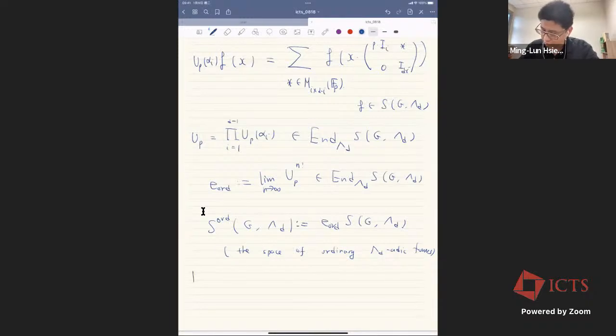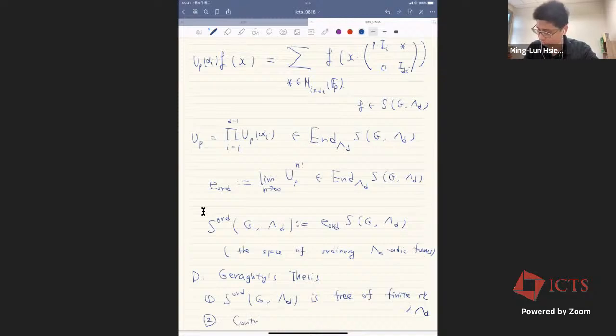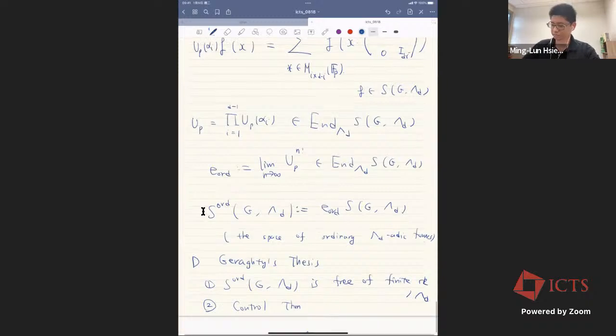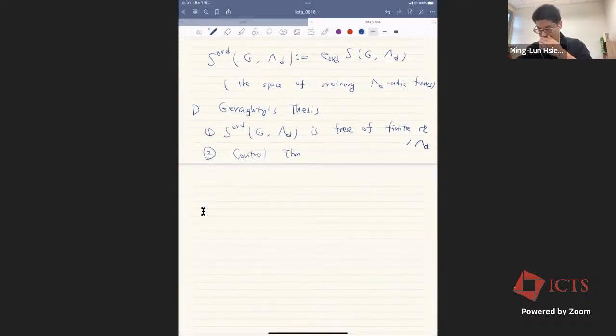Okay, and then it's proved in David Garrity's thesis that this space is free of finite rank over Lambda D, and he also proved the control theorem. Okay, but once again, these proofs all boil down to Hida's Annals paper. Okay, so in particular,